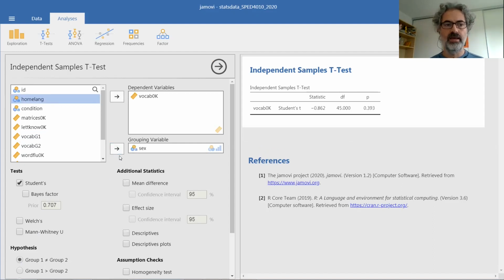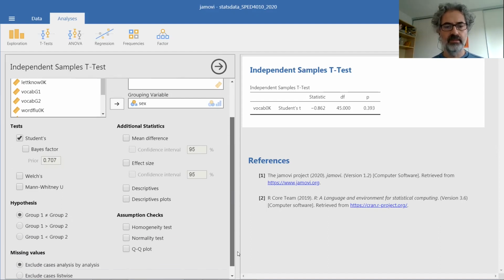If we try to use a categorical variable with more than 2 different levels, this is not going to work because t-tests admit only 2 levels. If there are 3 levels or more in your variable, you will need to use a filter to only select the cases for 2 groups. As you see, as soon as we entered these 2 variables, we have received some results on the right side of the Jamovi screen. However, before we proceed to interpret those results,